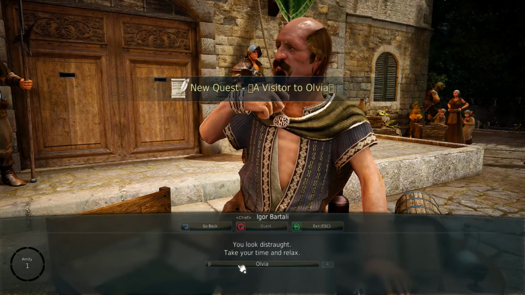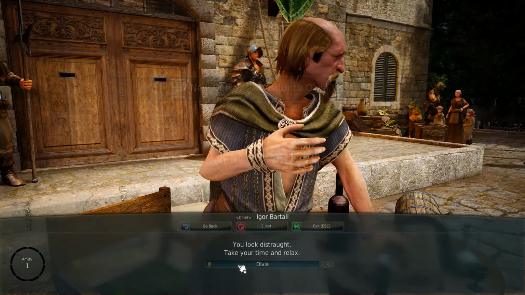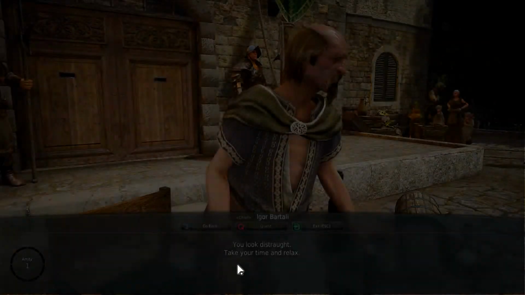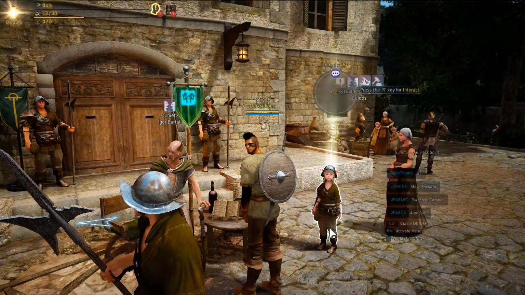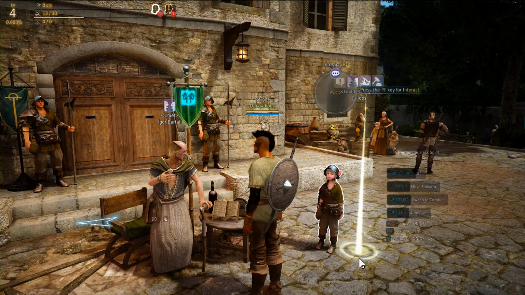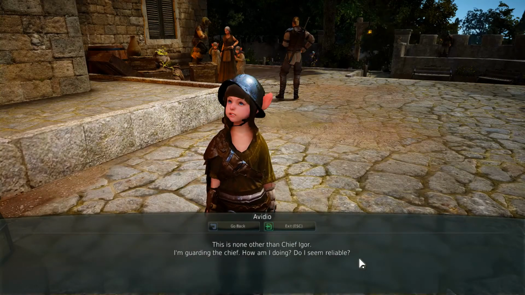New quest, a visitor to Olivia. So he's now giving us some quests, and you can see right now the mouse appears on my screen, right? And what I want to do,